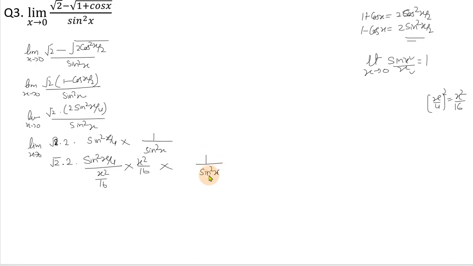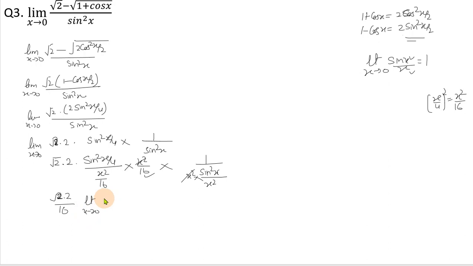So here the angle is x, so we multiply it by x square and divide by x square. Why have we done this? So that we can write this whole term as sin x by 4 upon x by 4 whole square. Alright, x square by 16 means x by 4 whole square. So look, now this x square goes off with this one, and this is root 2 into 2 upon 16, this one,